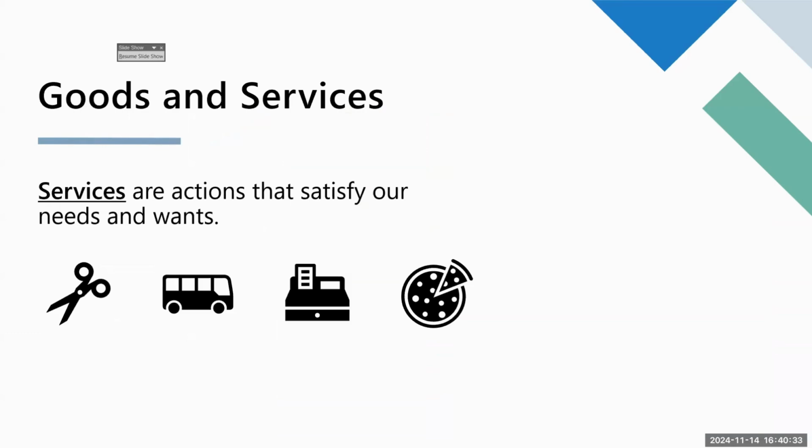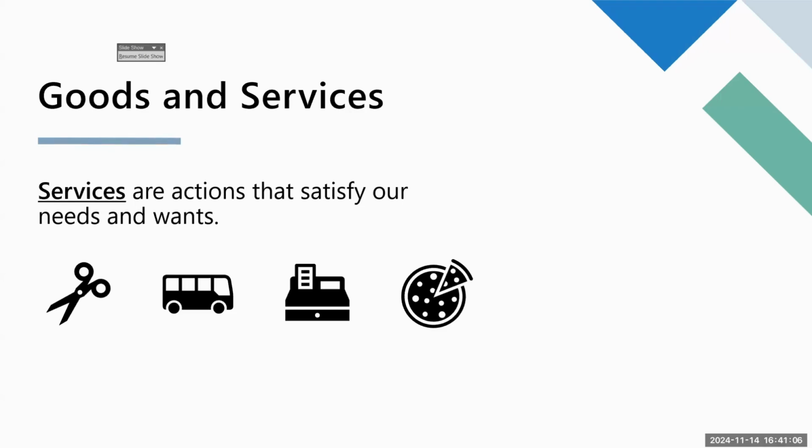So you would define services as actions that satisfy our economic wants and needs, but that services can involve goods, but they are actions instead. So a rake is a good, but raking leaves is a service. So for our younger kids, we want to make sure we're making that differentiation. Ask them, what do you think the services are here? Identify the services just based on the icon, right?